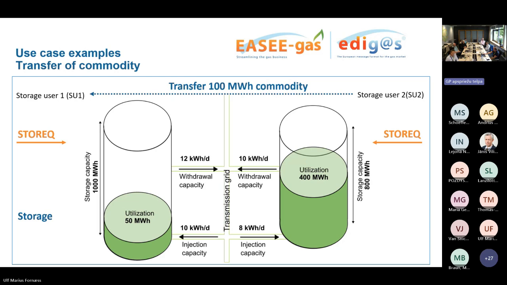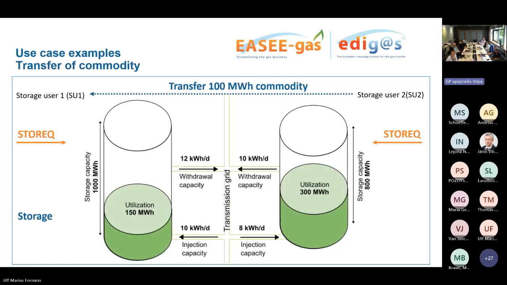Then we will do the validation that this transaction is possible based on the current utilization levels and also the rights for the users. Of course, it might be based on limits, or on some other requirements set up by the storage. And after doing that validation, hopefully positively, we would perform this transaction to change the actual utilization or commodity levels for these two storage users.